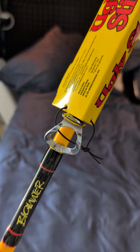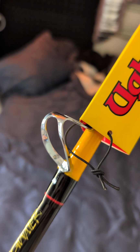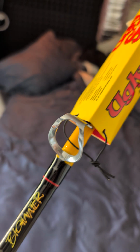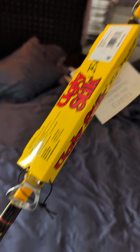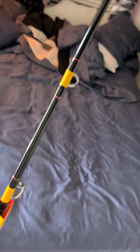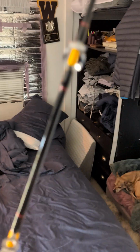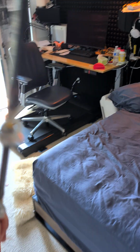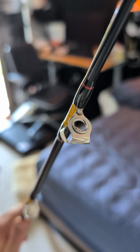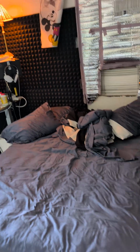But yeah, these are just stainless steel. They appear to be maybe having some kind of plating on them. I'm not sure exactly what's going on. But yeah, the previous model, the 2024 model, had all of the guides coated with this state-of-the-art PVD coating. Now, maybe some of the reasoning why I think they might have stopped that could be